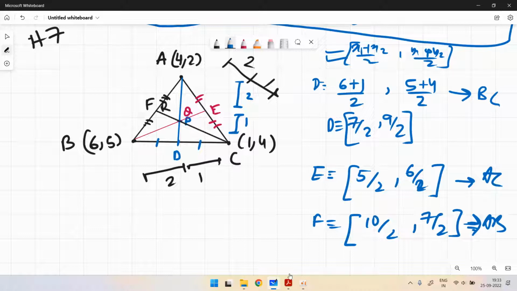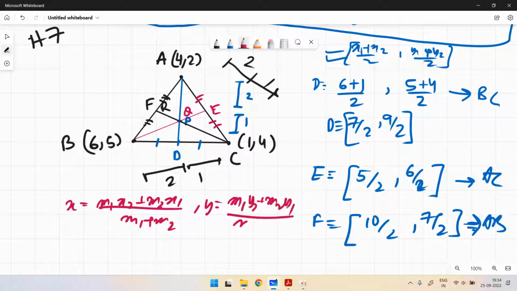So applying the section formula, you know that x is m1 x2 plus m2 x1 by m1 plus m2, and y is also m1 y2 plus m2 y1 by m1 plus m2. So this is my formula, and if I apply it for P, what I am getting is m1, this is 2:1, so 2. What is x2? x2 is for A and D, for D, D is 7 by 2, x2 is 7 by 2